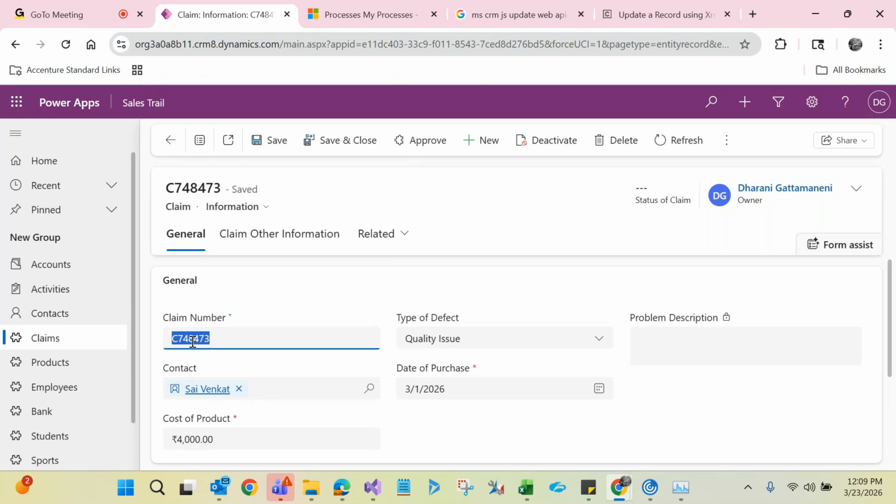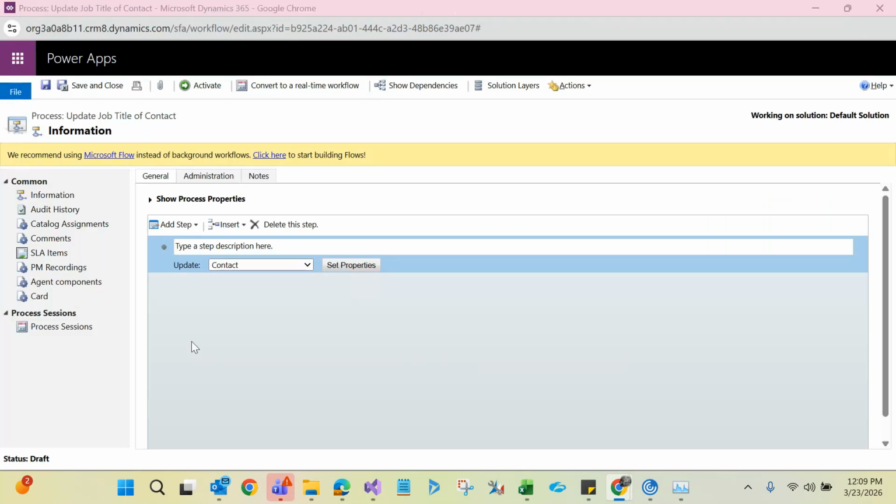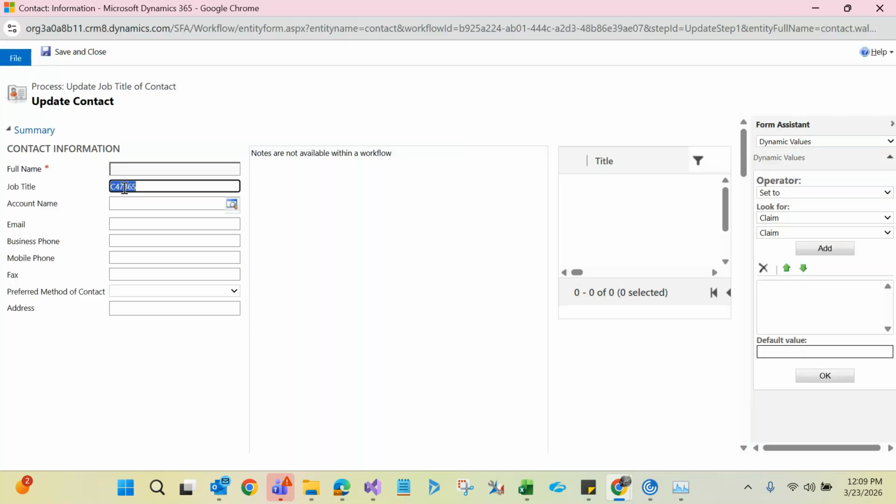See, claim number is not a static value, it is a dynamic value. One claim will have a different number, another claim will have a different number. So I can't put a static value like this. If I put a static value like this, it will always update the job title with this claim number only. We shouldn't put a static one. Instead,